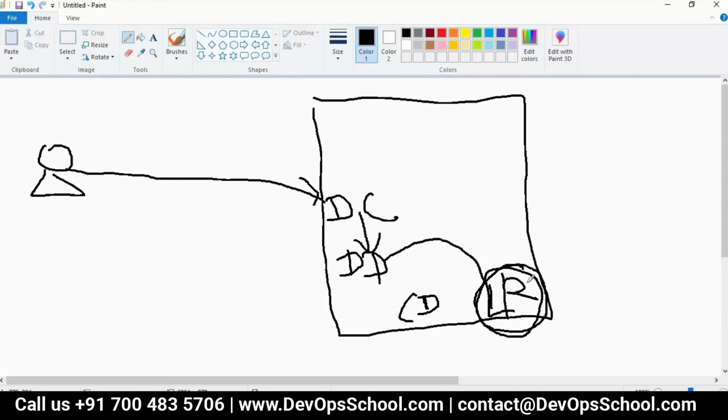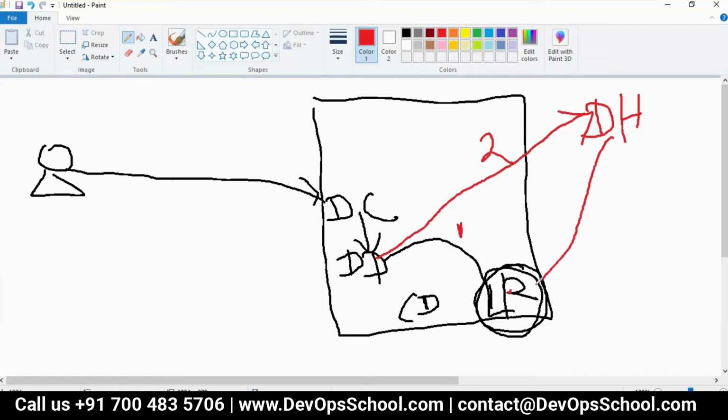So step number 1, understand that. If the Docker image is not there, Docker daemon will go to Docker Hub. This is the second flow. Third flow, download to local registry. And then fourth one, Docker daemon sends the instruction to containerd. Did you understand that?